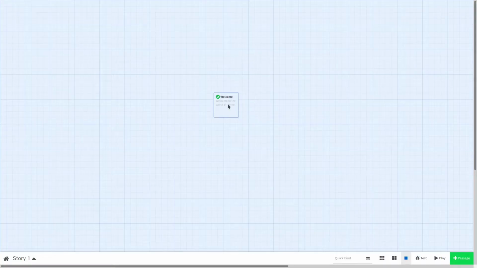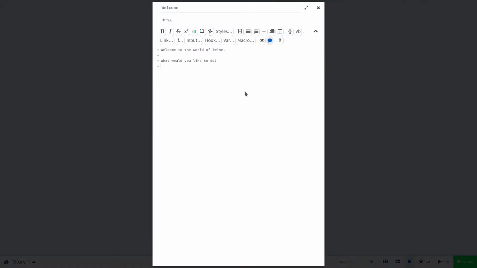But this would be a very boring game if this was all it was. So we're going to add some player choice. We're going to ask them, what would you like to do? Then we're going to give them the option to click on something. Let's say they ask, what is this place? What I did here was I added double brackets around the text, what is this place? This creates a new passage titled, what is this place? And links the welcome passage to that